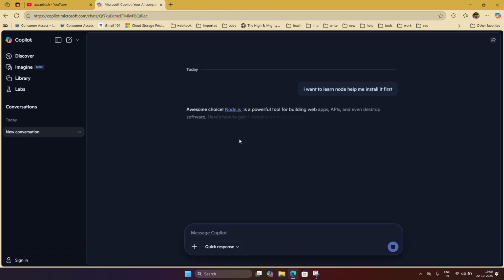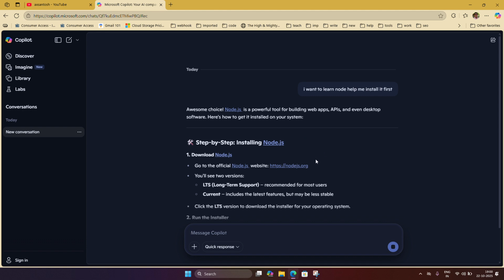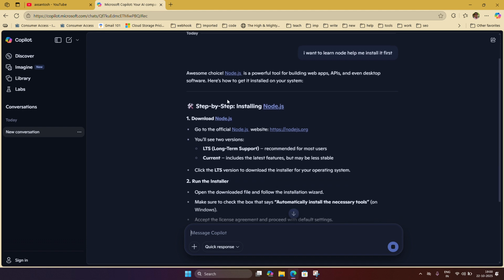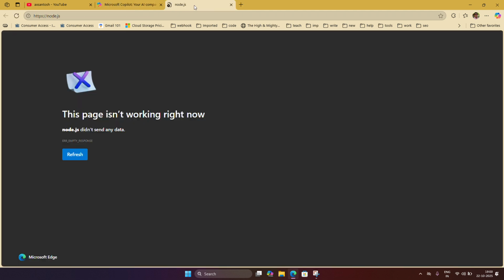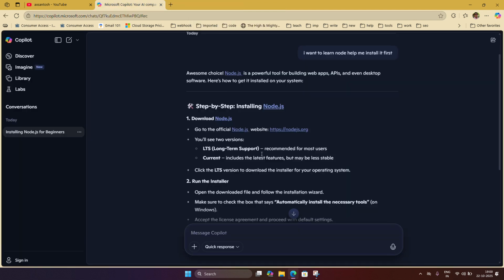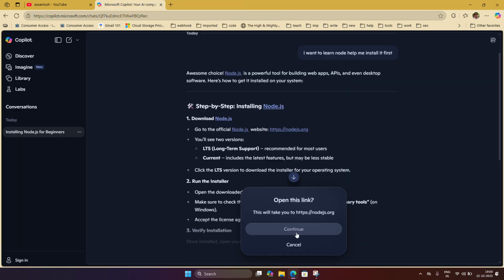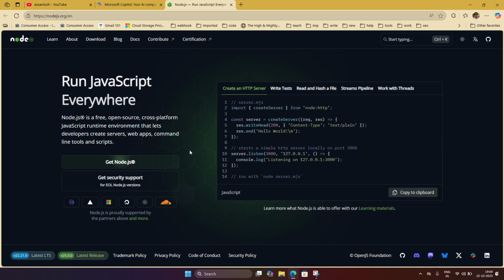If you type that prompt, it says first you need to install nodejs. To do that, you have to go to their website. The first website is not working. You can go to node.org where you can get the node for latest